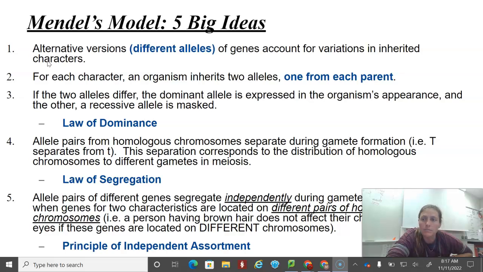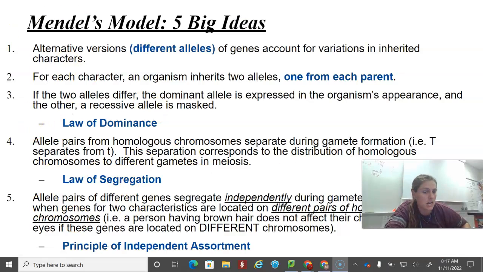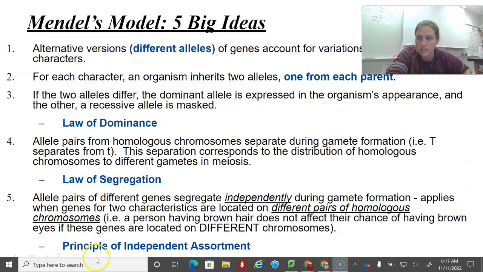alleles. The second thing was that for each character, an organism inherits one from each parent. So he knows that there are two alleles. He knows you get one from each parent. Now, here are the three laws that he had, and this is probably the extent of your knowledge